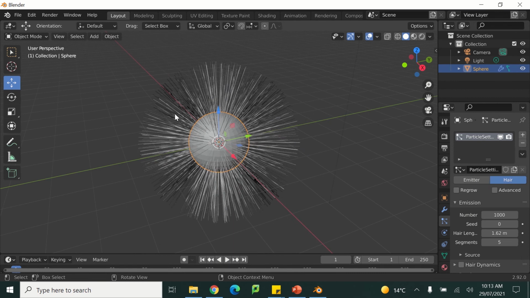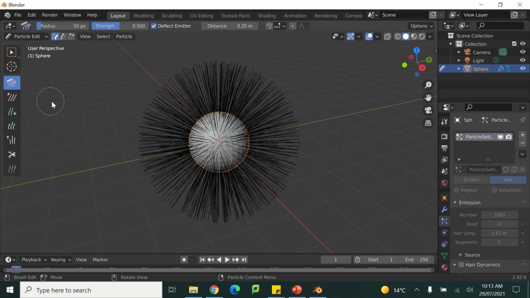If you come up into object mode, you should now see particle edit. If we come into particle edit, this is a place where we can comb our hair, smoothen it out, lower the length so that it's a bit more sporadic rather than all one length, puff it out, cut it, or add some weight to it. If we're adding weight to it, that's how it will react to